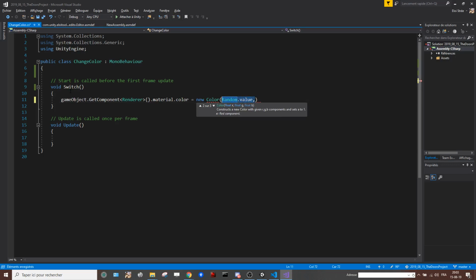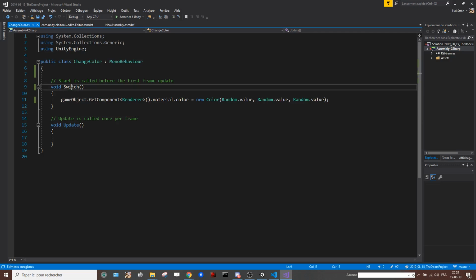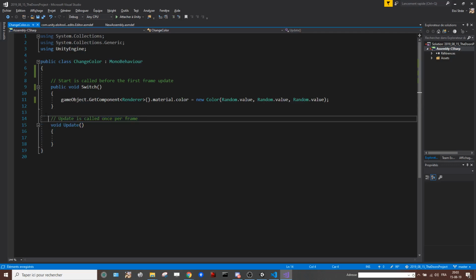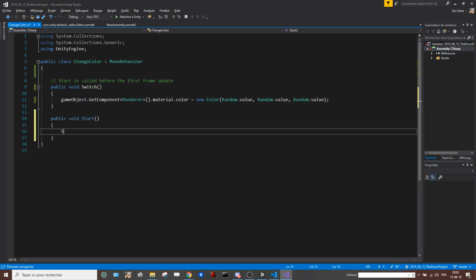Hop. Quadrille. So as you can see, I have a script, a method, a function that can change the color of my objects. So I can say, for example, in the start, that I want to switch color at the start of the project. So if